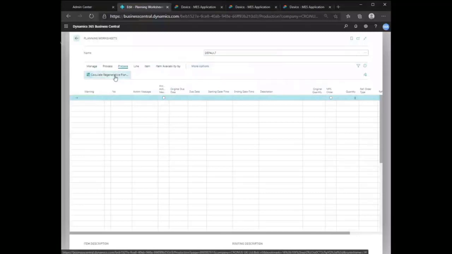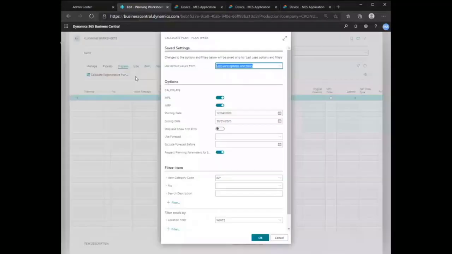I'm running it for one particular category, so the category code that I put all the bike stuff into, with a little wildcard on the end there, and for one set location and a date up until. So I'm only looking at demand up until the end of May from my start date in this instance. I'm doing it for both demand and